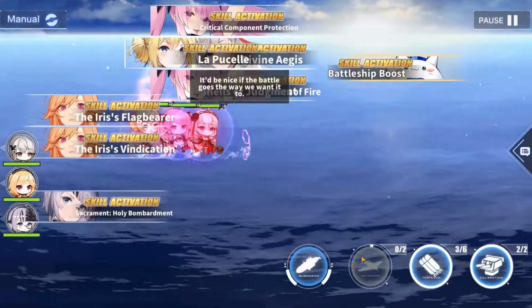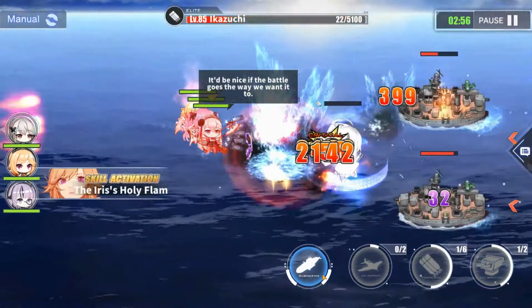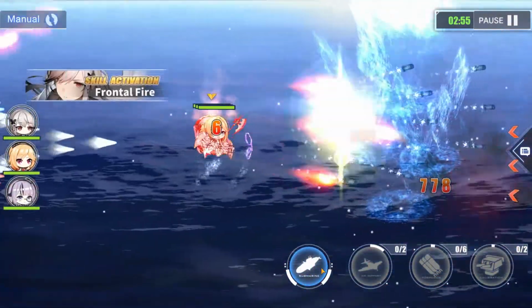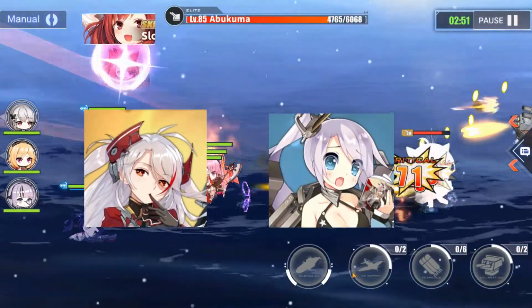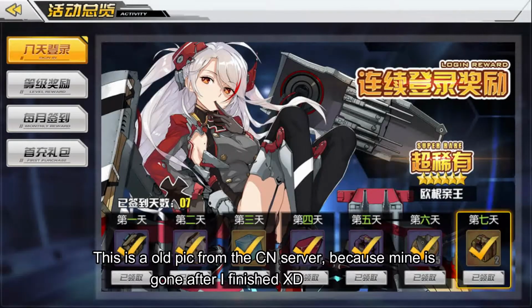For beginners, if you don't have much ships yet, don't worry about it, just use whatever you have in your dock. Okay, everything is fine. Until you have the better ones or the ones that you like. Prince Eugen and Portland will be my top picks for beginners. To get Prince Eugen, you will only need to have a login streak in total of 7 days, which is